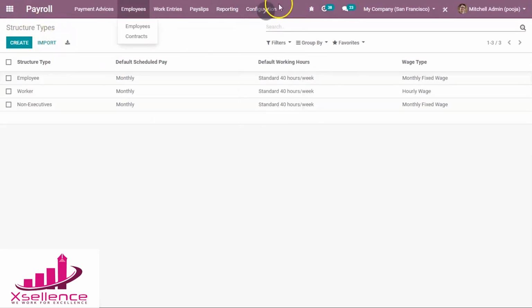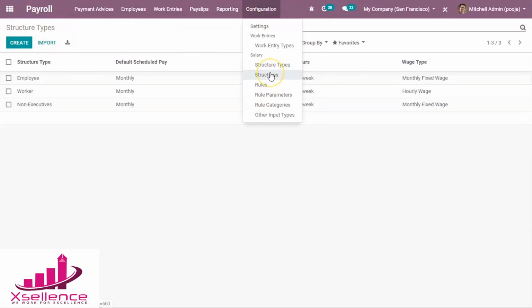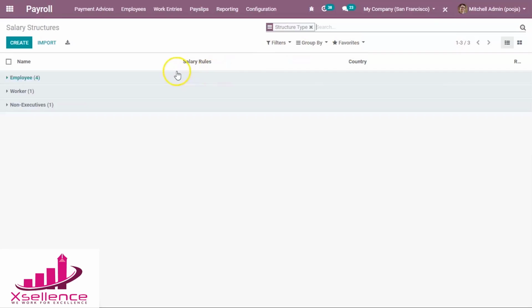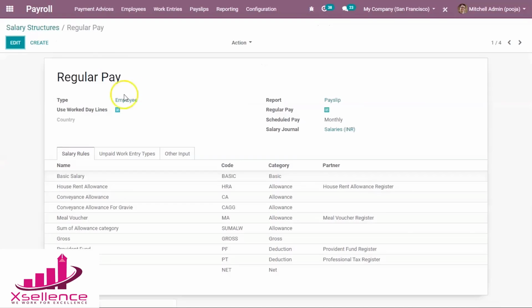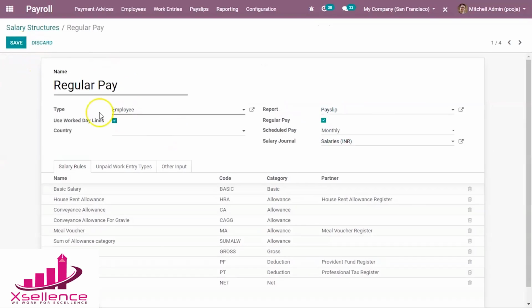After creating a salary structure type, you can see structures. You can create a salary structure for each employee, or a salary structure can be created and given to some employees. Here I have already created one as regular pay, and you can mention whether the type is employee or worker.